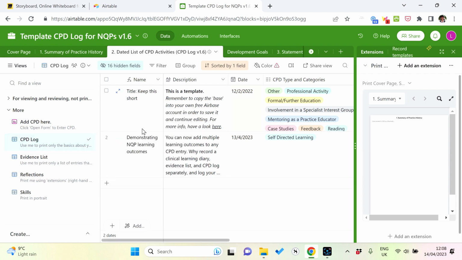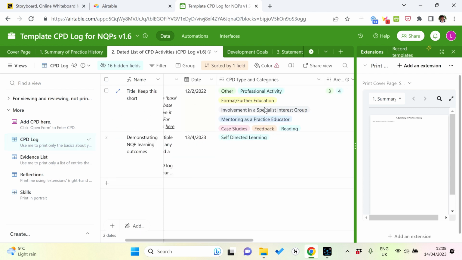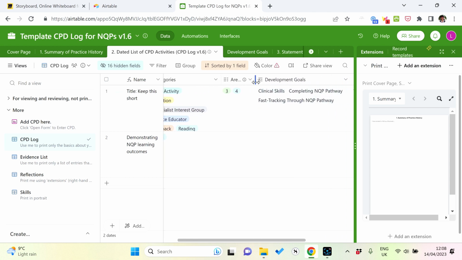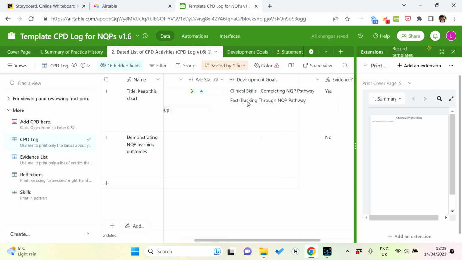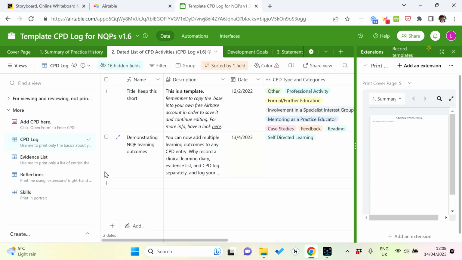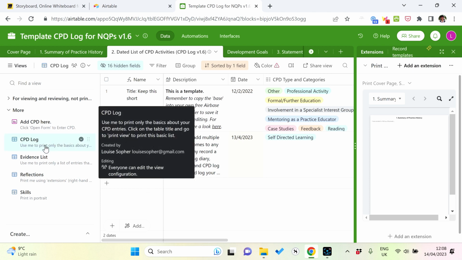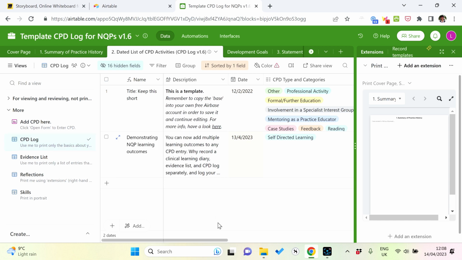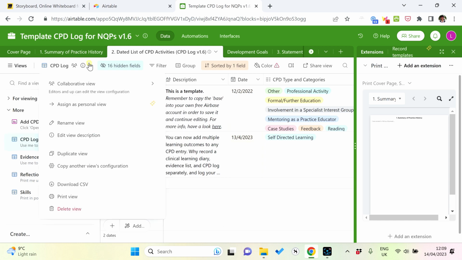The first kind of option that includes data for printing is a CPD log. The CPD log shows the name, description, date, CPD type and categories, HCPC standards, development goals met, and a yes or no as to whether there's any evidence. If you hover over the title, it will tell you how to print it. So this says click on the table title and go to print view to print this basic list. So table title, print view,